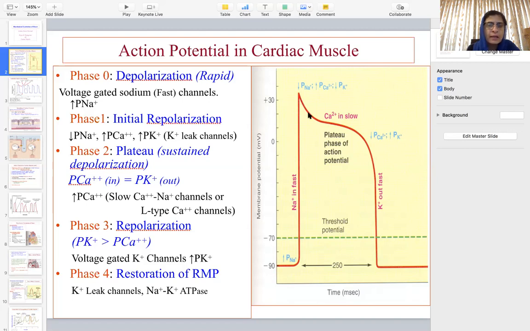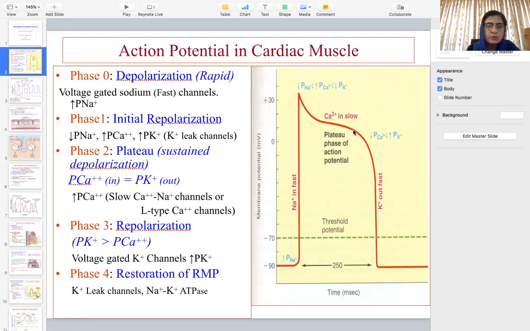Now soon after this, while the sodium channels are closed and there's efflux of potassium ion, there is simultaneously the opening of the voltage gated slow calcium channels. There will be opening of the long lasting calcium channels, which causes influx of the calcium ion. Now this plateau phase is called phase 2, in which an equal amount of potassium ion is going out and an equal amount of calcium ion is coming in. So there will be no change in the voltage, and this phase is called the plateau phase, which is phase 2.